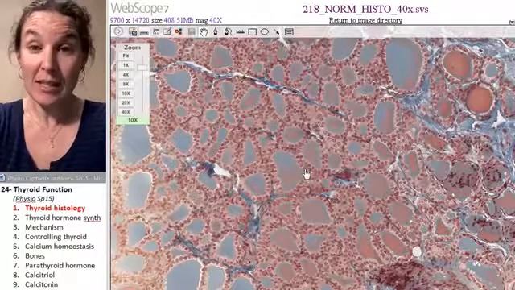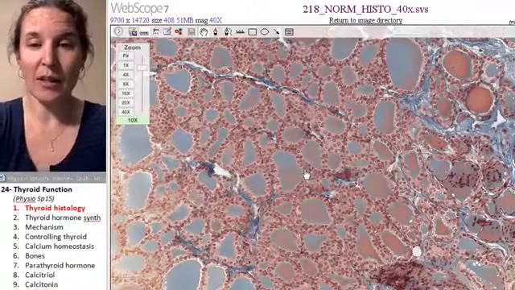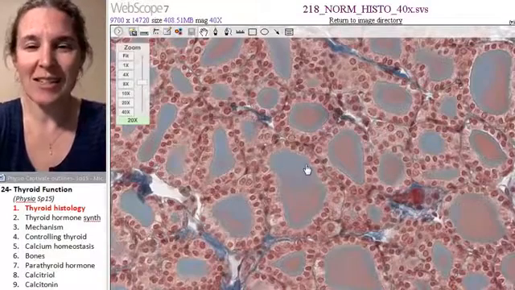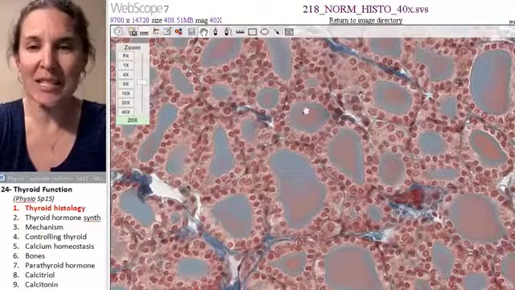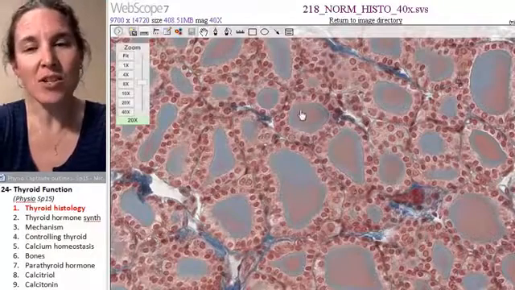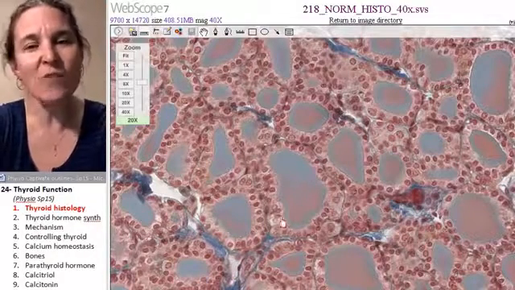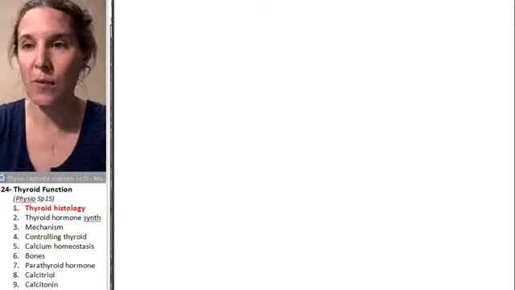So this is a microscope image of the thyroid gland, and I just want you to notice these amazing circular tubes that are surrounded by a really nice simple cuboidal epithelium, and there's this kind of space inside. These are follicles inside the thyroid gland, and I am going to draw you a picture